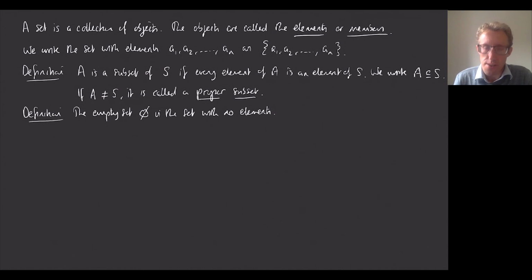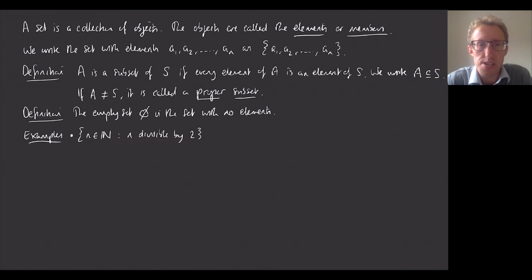Okay, so we've seen the example of the natural numbers. Let me give you a few more examples of some sets. One of them, let me first of all take a subset of the natural numbers. Let's take the even numbers. So we could write that as the set of n in the natural numbers such that n is divisible by 2. So we saw this notation before. If I write a colon and then write some statement, it means it's the set of natural numbers n such that n is divisible by 2. And that is a subset of the set of natural numbers.